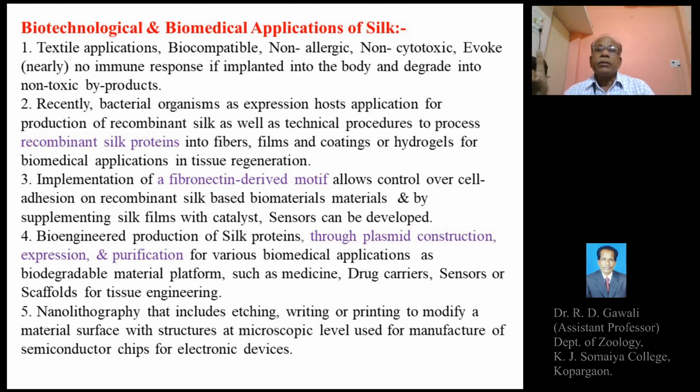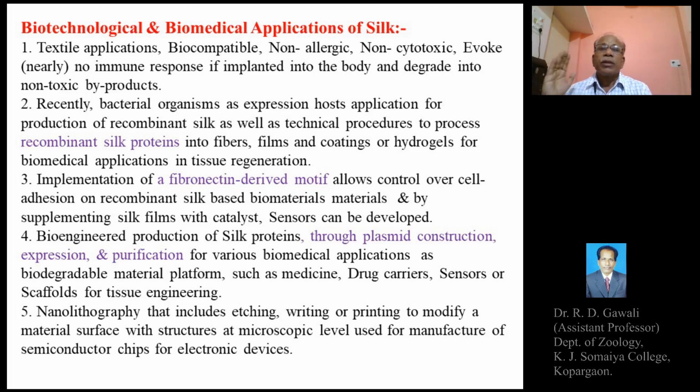So while synthesizing or producing recombinant silk, we can employ genetic engineering or bioengineering techniques for the production of the recombinant silk proteins, and these recombinant silk proteins are transformed into fibers, films and coatings or hydrogels, which are the products obtained by using bioengineering, biotechnological or genetic engineering techniques, and this recombinant silk or recombinant silk proteins can be used